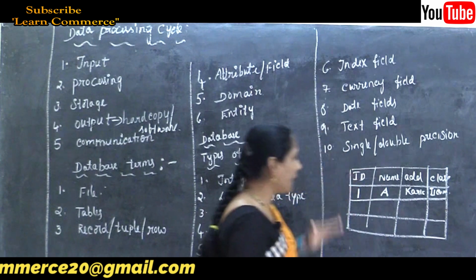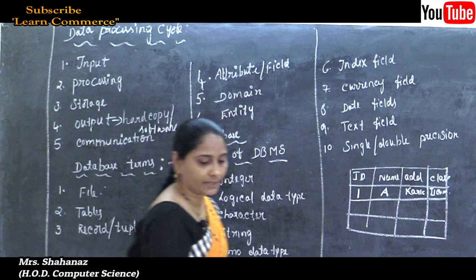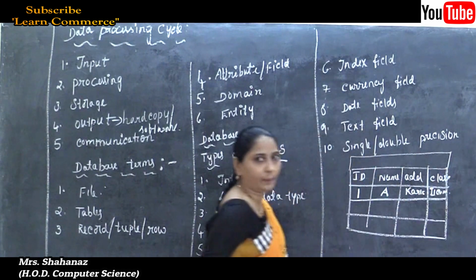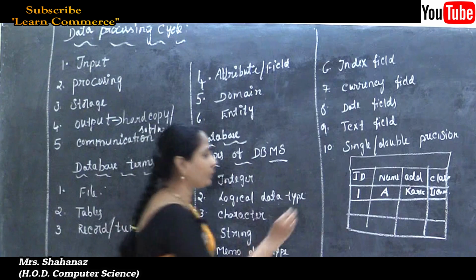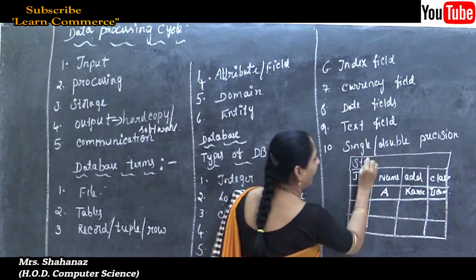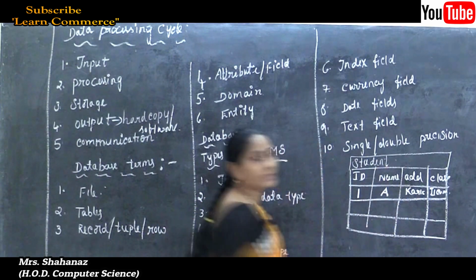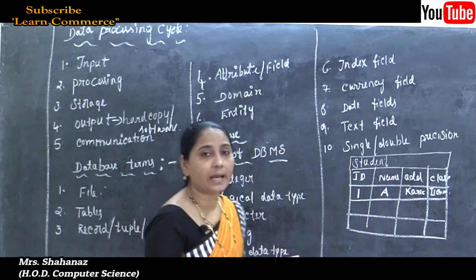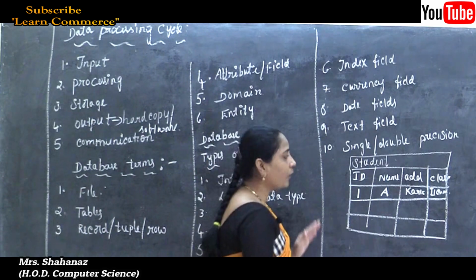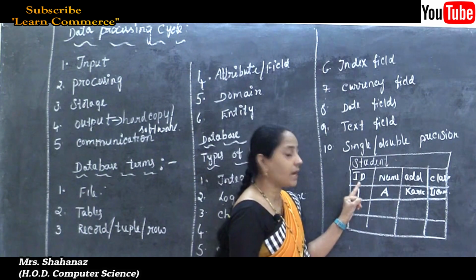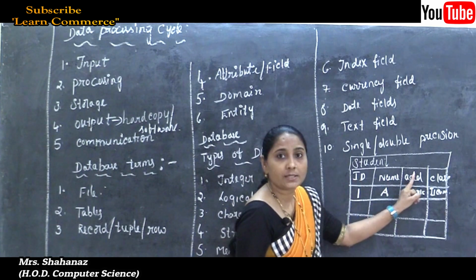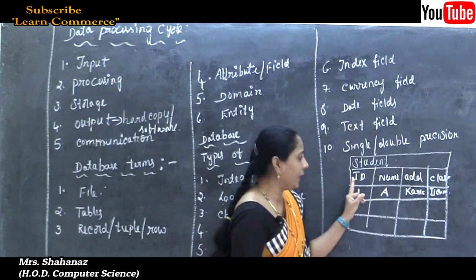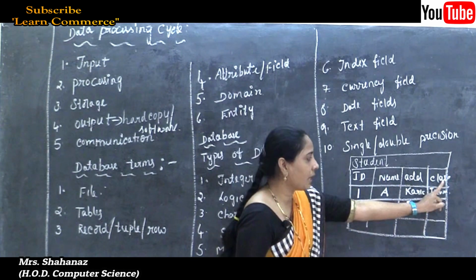So in this example, let's see what about the table. What name are we going to use for the table? That is called the name of the table. Maybe the table name I am using here is student. Now what about the columns here? How many columns are there in this table? Totally there are 4 columns. The columns are ID, name, address, class. Clear this one? So the columns of the table student are ID, name, address, class.